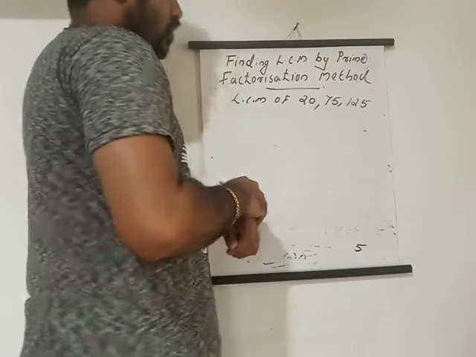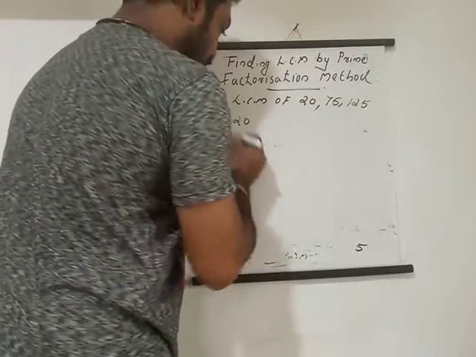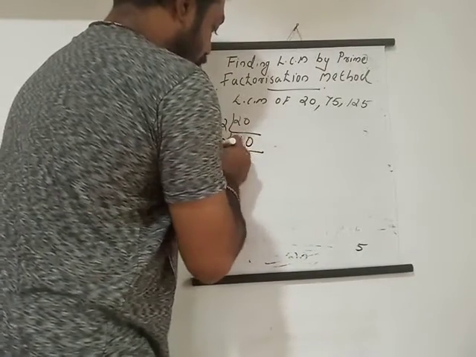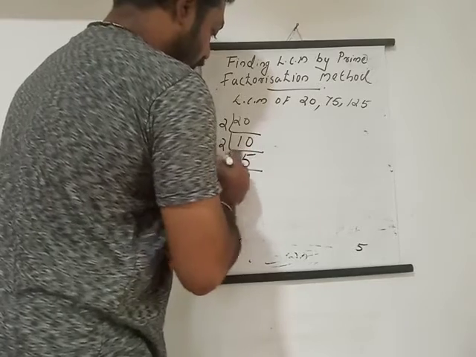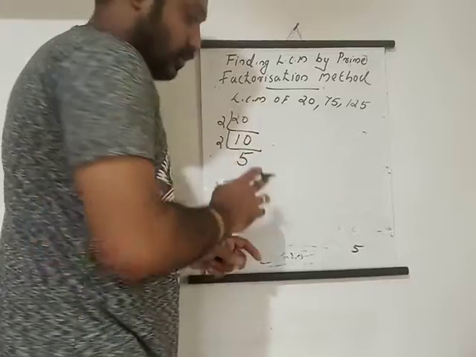Starting with 20, first we need to do the prime factorization. I'm doing it a little fast. 2 twos, then what will we get? 10 here, then 2, then 5 we will get here, then it's finished, isn't it? 2, 2, 5 makes 20. So it is over, because we got a prime number.